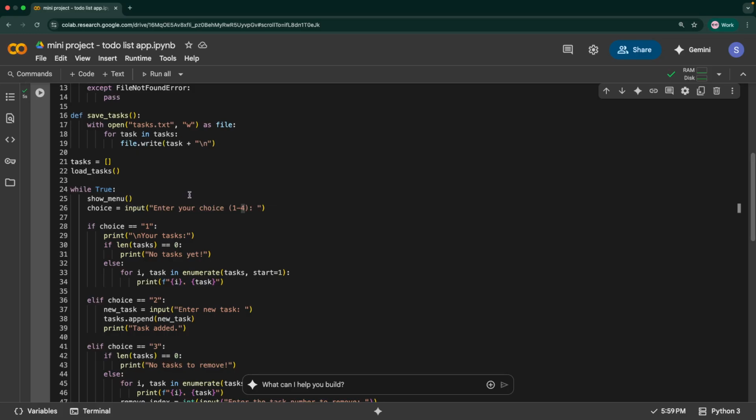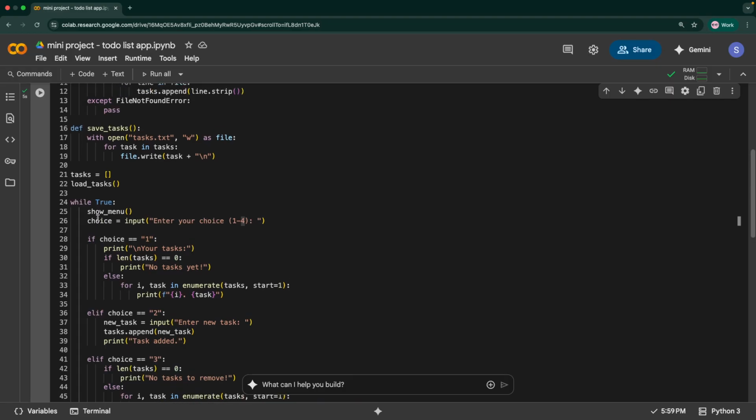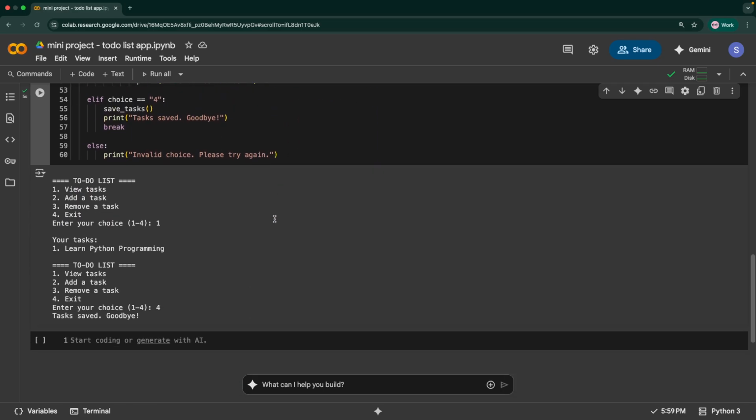So we enter an infinite loop, so the menu keeps repeating after each action, like after adding a task or after removing the task, we keep showing this menu, the show underscore thing, and then choice. So this is the main part of this. At each iteration, after adding a task or removing the task, this loop should run, and it should show the menu, and it should show the choice to add the user's option, right?